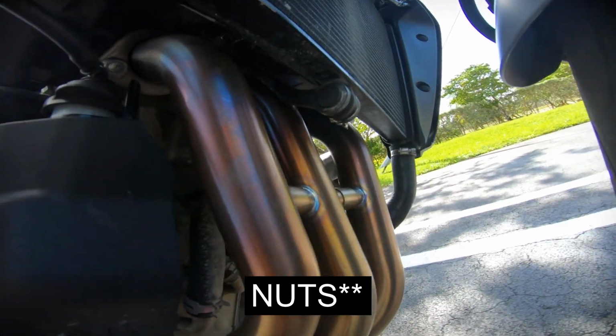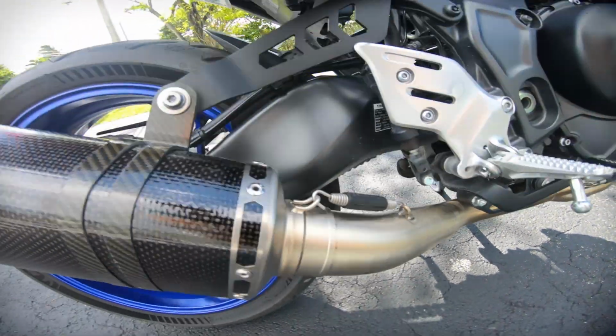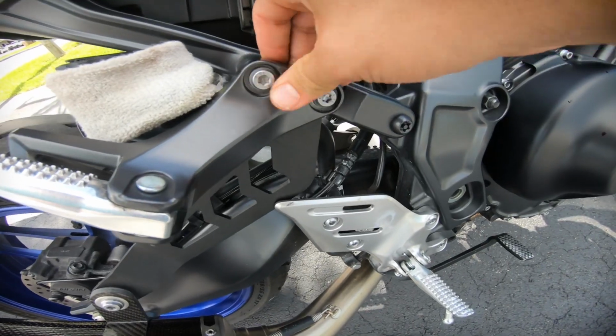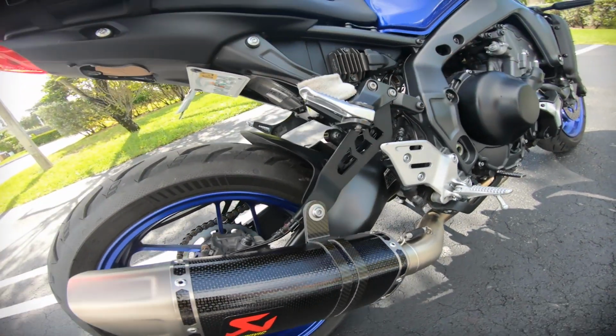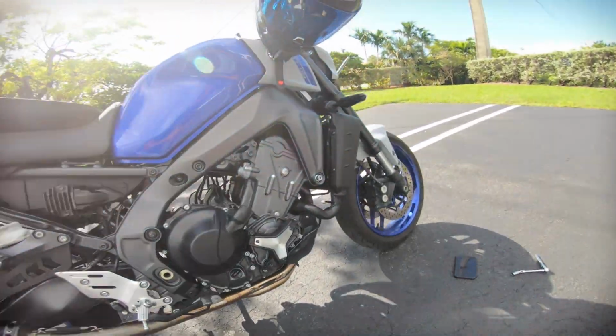After you get all the header bolts tightened, you're gonna want to start tightening the bolt right here, as well as this bolt right here, and then make sure this is tightened as well. So that should be it, and you have everything installed and in place. And the last thing that you're gonna want to do,